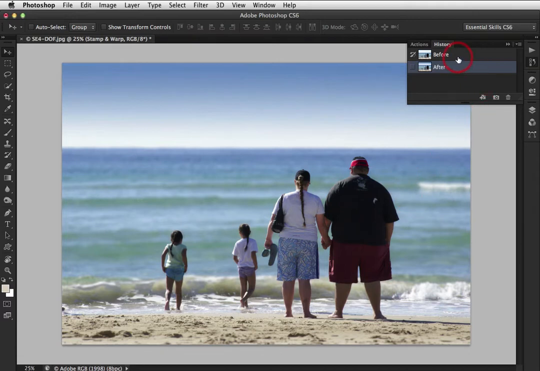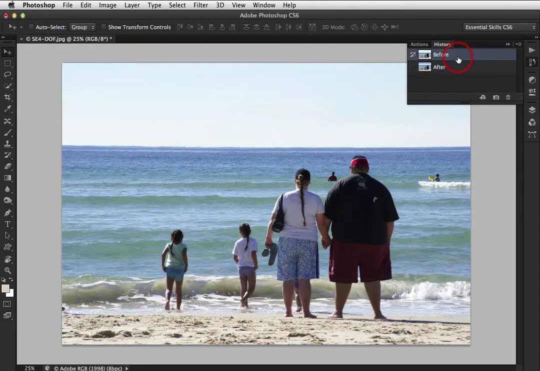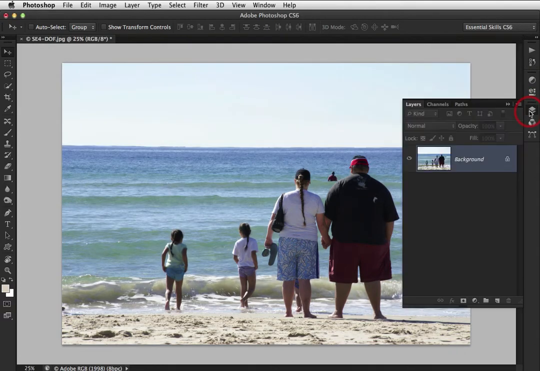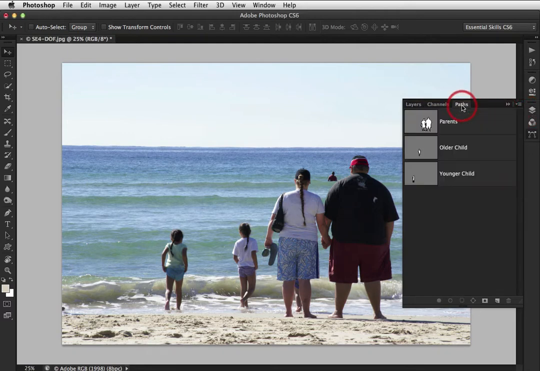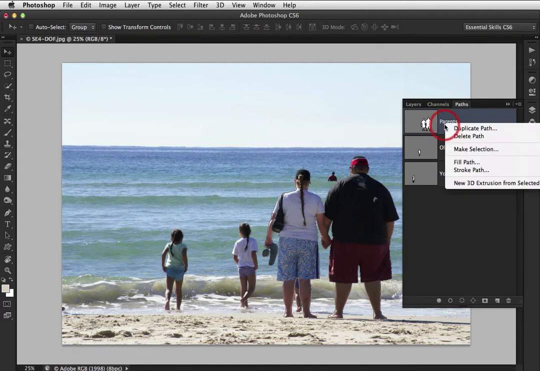We'll go back to the original start position and then click on the layers panel. Now in this project file, if you go to the paths panel, you'll find that I've created three paths that we can load and create selections from. I've got one for the parents, one for the older child and one for the younger child here. Okay, so we'll start this by clicking on the parents path, and then if I right click, we can choose